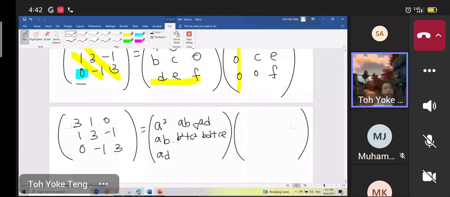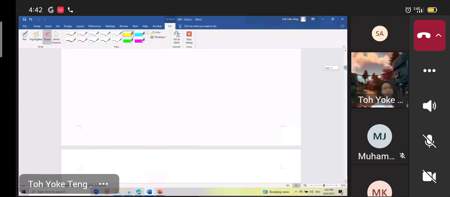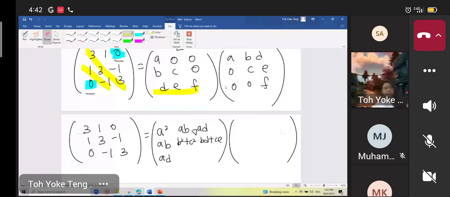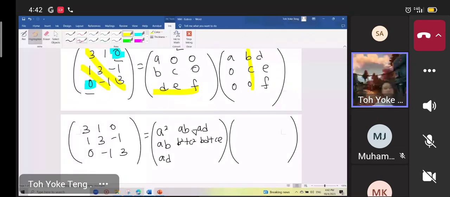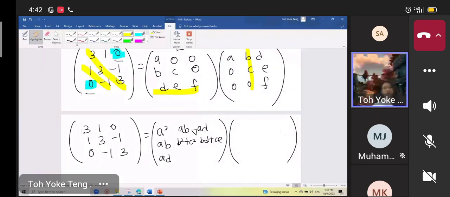We'll move it to the next one. BD plus CE, and then the last one. So we'll get D squared plus E squared plus